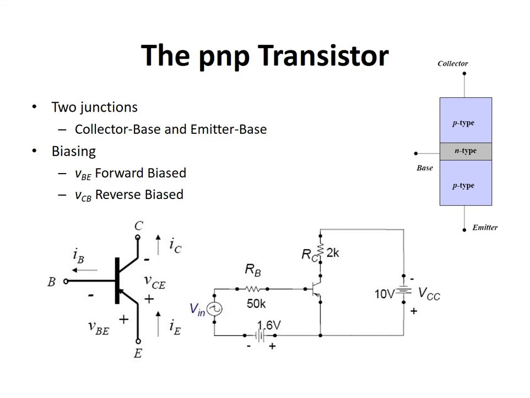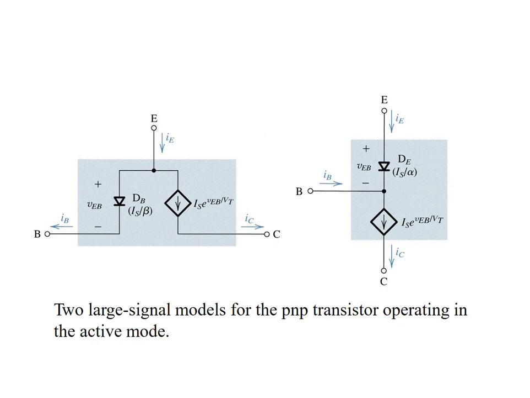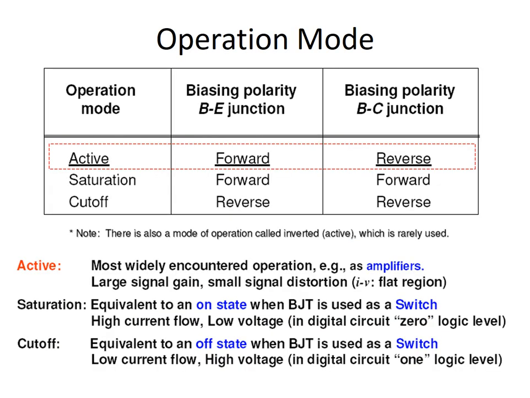PNP transistor: as I discussed earlier, it's similar, just a change in the direction of the current. Here we have P, N and P. The direction of the arrow indicates whether we have PNP or NPN. In the NPN, this is N, this is P and N. Positive current is flowing from positive to negative, so current flows in P and P. This is the change in the current flow. So these are the equivalent models for the PNP.